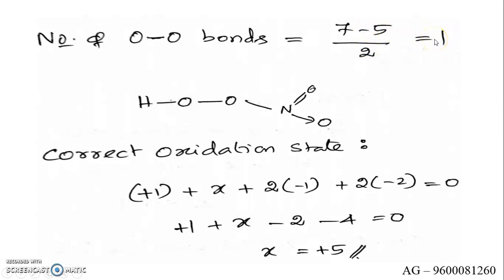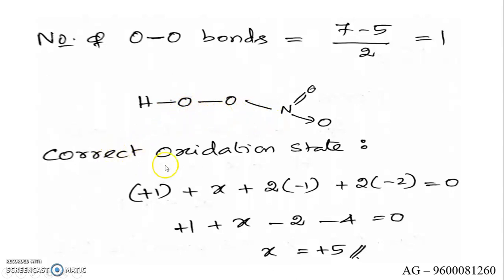Listen, one peroxide bond means it consists of two peroxide oxygens. So the structure of that molecule is, listen, you have one peroxide bond, attach one hydrogen with one oxygen and an NO2 group with the other oxygen. N double bond O, coordinate bond with oxygen. Correct? This indicates that the two oxygen atoms in HNO4 are not normal oxygen.